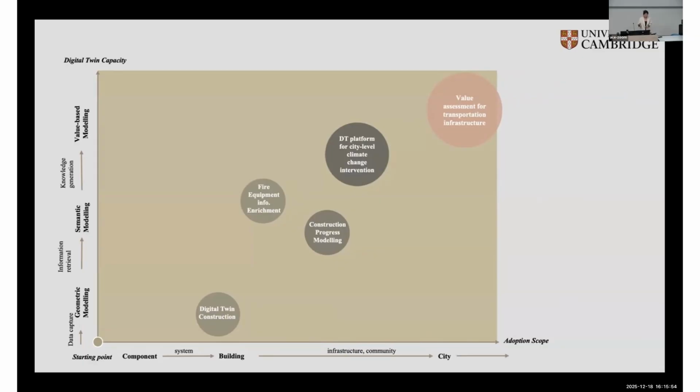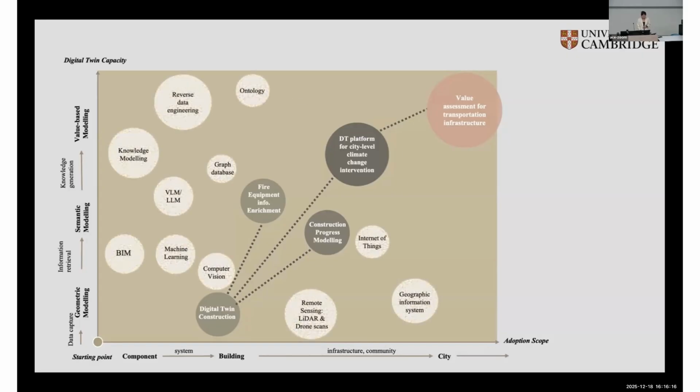I mostly worked on the geometric modeling of this building, and I did the information enrichment about the fire equipment. One pilot involved in the project is construction progress modeling and monitoring, and then the value assessment of it.